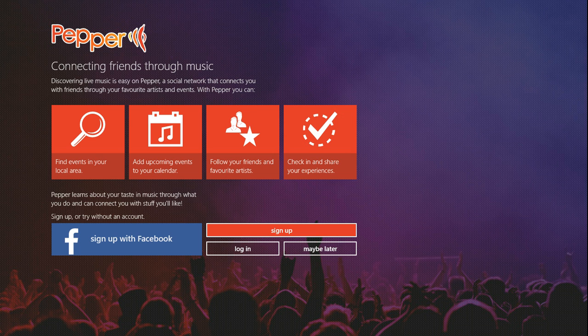So when considering that first screen that someone sees when they download your application, I think this is a really great example from Pepper. It gets to the point using a sort of storyboard, utilizing the Windows 8 look and feel by creating a number of tiles, and it just goes through, what is this application great at? You've got to think about that one thing that your application is great at. It says it's about finding events in your local area. You can add upcoming events to your calendar. You can follow your friends and your favorite artists, and you can check in and share your experiences with your